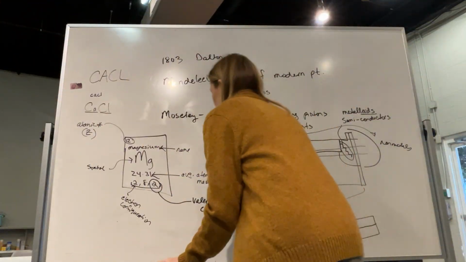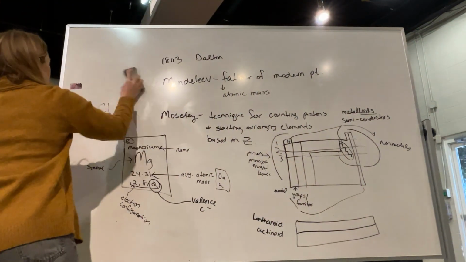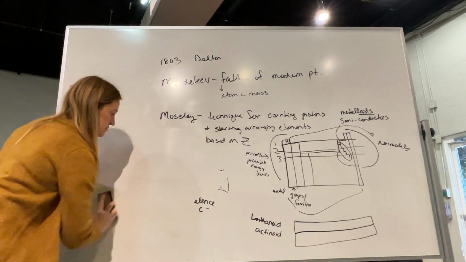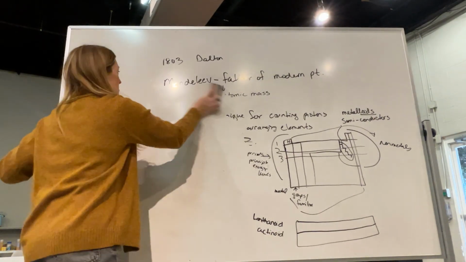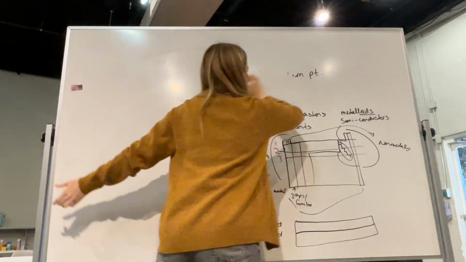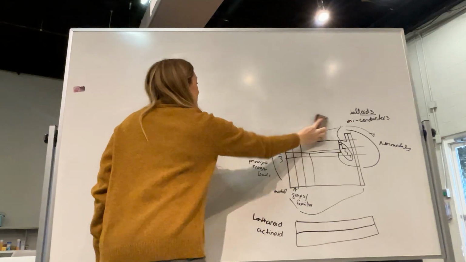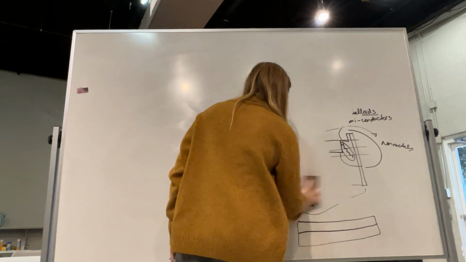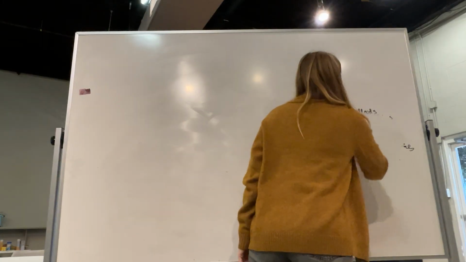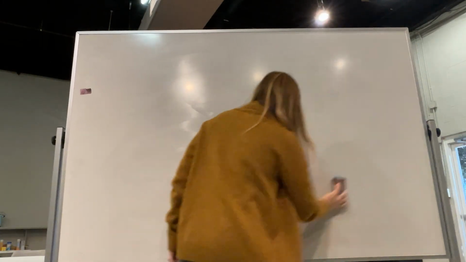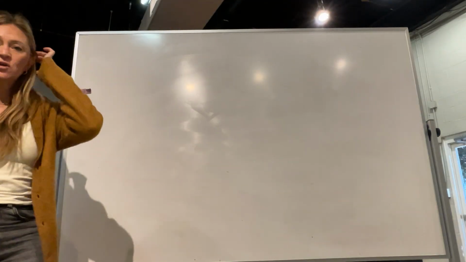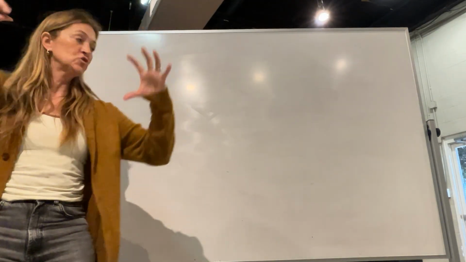What does radius mean? Like in math, or geometry, I should say, what is the radius? It's like half of the length, right? Half of the diameter? Yes, yeah. So it's from the center to the outermost point, right? So atomic radius is from the center of the nucleus to the outermost electrons, okay? The outermost electrons.